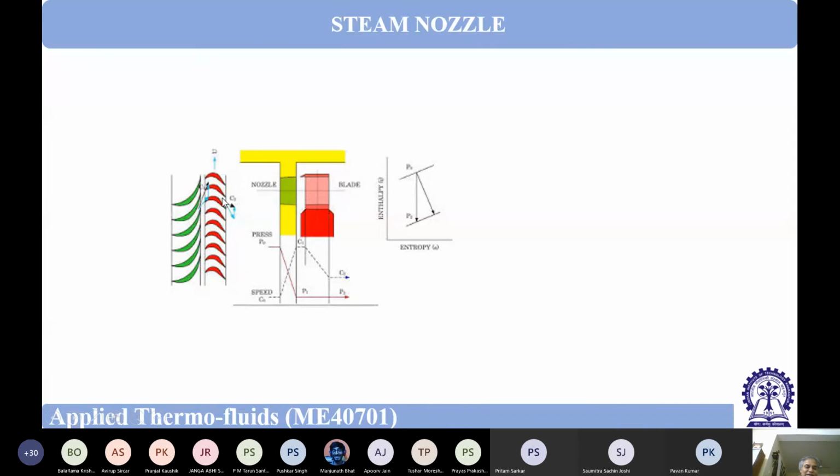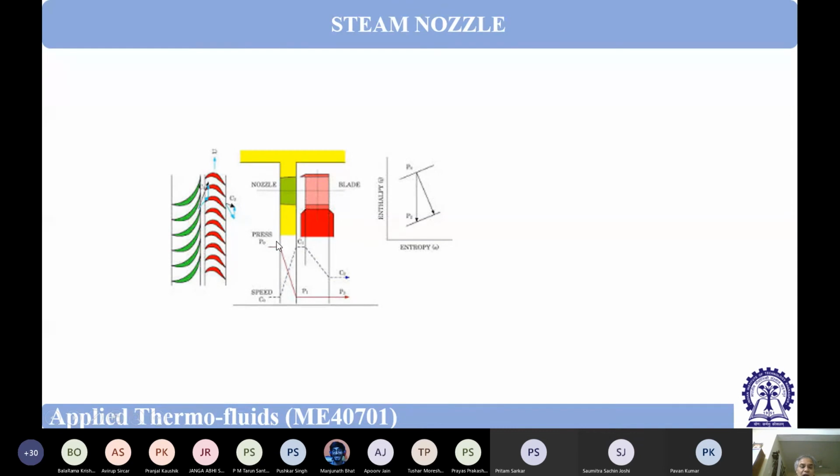As there is a change in direction of motion of the steam, like you talked about the impulse turbine, Pelton wheel, similarly here also there is a change of direction. Due to this change of direction, momentum will be imparted and this turbine will move in this direction. The other view is, this is the nozzle, steam is coming like this, this is the blade, and this is actually a curved blade. On this plane we cannot see the curvature, so the blade will be pushed away from the plane of the diagram.